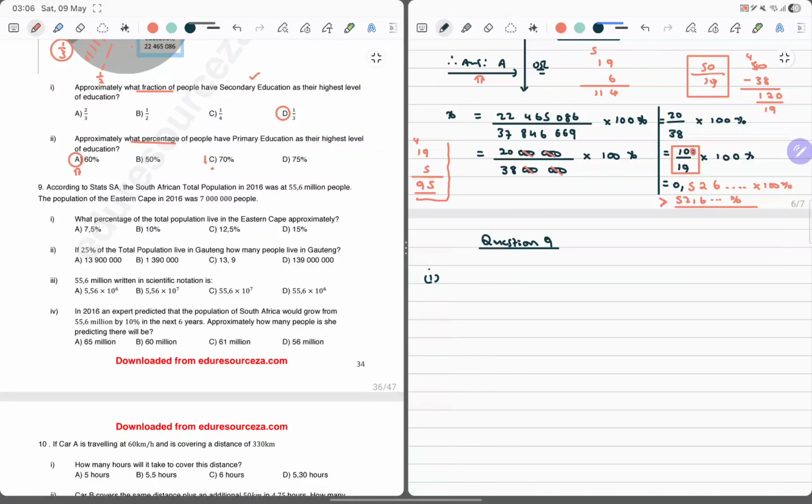Okay. We are told, according to Stats South Africa, the South African total population in 2016 was 55.6 million. The population of the Eastern Cape, my province, in 2016 was 7 million. It says now, what percentage of the total population live in the Eastern Cape? Approximately. Nice and easy. So of course we know that the percentage here, guys, is going to be the number of the people. So 7 million